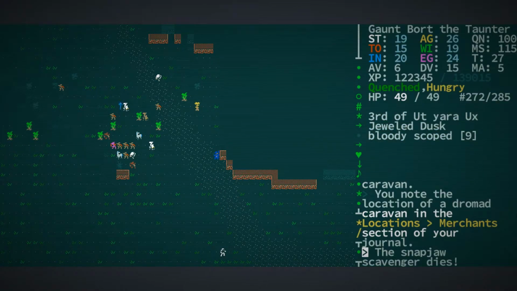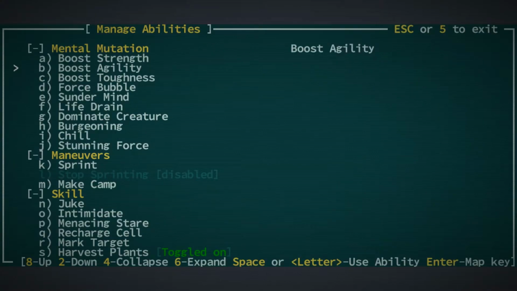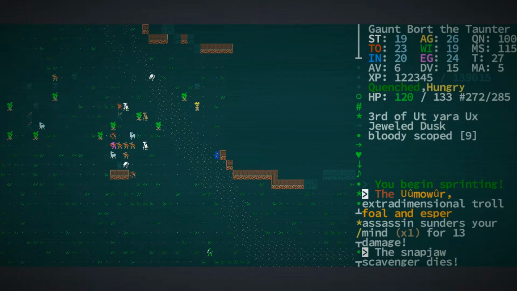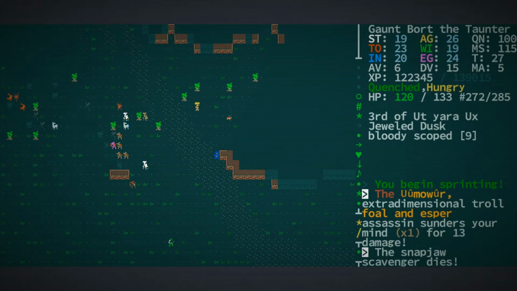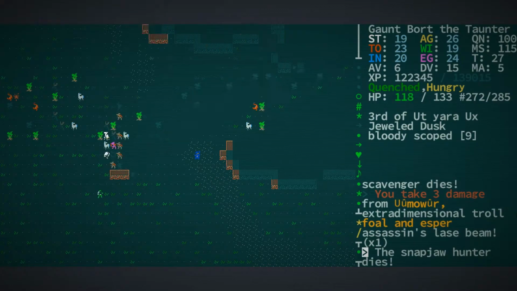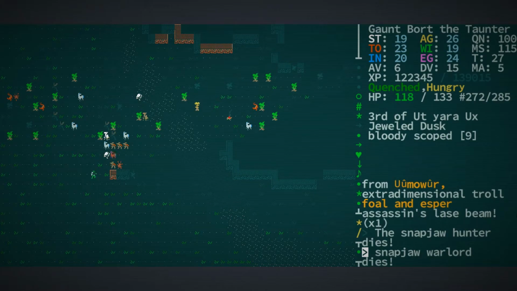I am going to take advantage of the fact that there's a Dromad caravan here with a bunch of really tough giant tortoises. I think I'm going to do a boost toughness, and I'm actually going to sprint to the far side of that caravan and hope that Sundermine that they hit us with. And hope that whatever this troll tries to do,